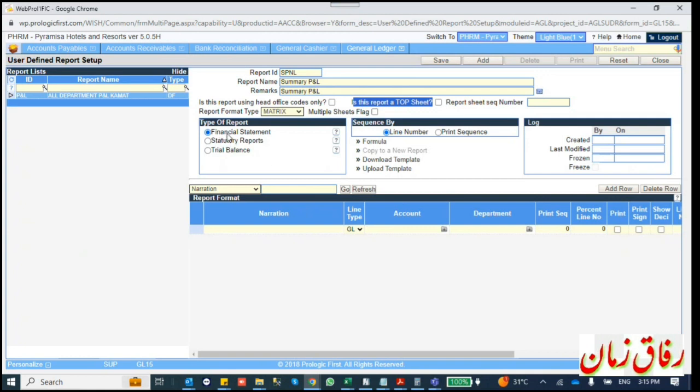Then, there are different types of reports. All the PNL formats we keep under financial statement. Financial statement is my PNL format. Exactly. Then there's something called a statutory report. Statutory report contains all the balance sheet type of formats. Right. So when you create your own balance sheet,